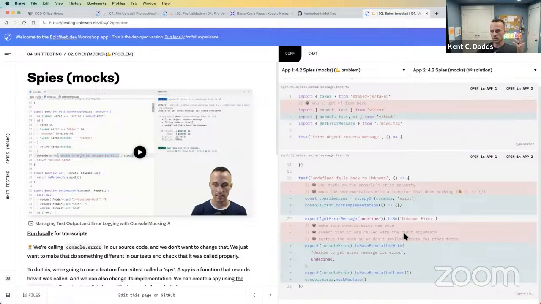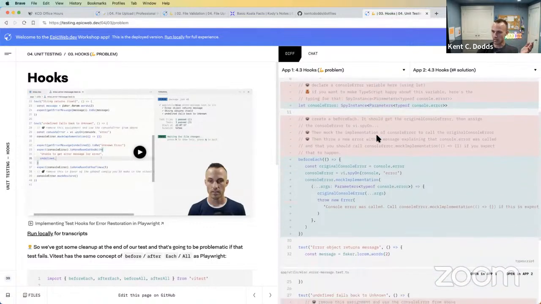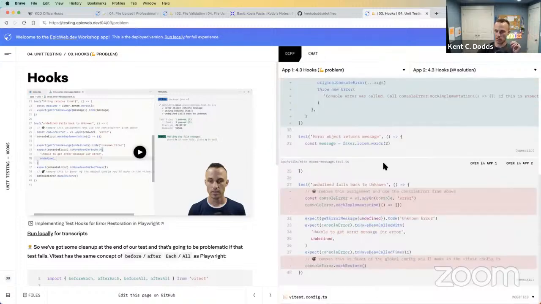And so you might think, well, I need to have this for all of these tests. Every one of these tests that are testing this thing, I want to make sure that console.error is mocked out. And so then you might think, oh, I'm going to make a custom test function or a custom it function like you're doing here that ensures that we mock out the console.error before. This is very similar to what you're doing with the environment variable stuff. There's a slight difference that we'll talk about in a second. But what you can do instead is just use the beforeEach and afterEach to handle all of that mocking and everything. And then you don't have to worry about